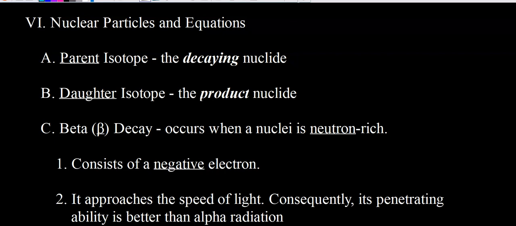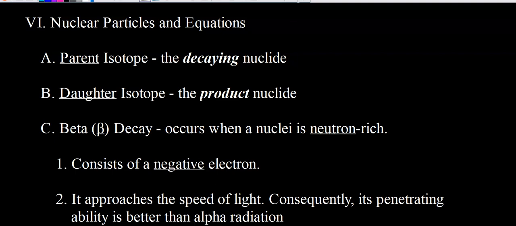Hello, today we're going to talk about nuclear equations. We're going to do so looking at some examples of radioactive decay. Radioactive decay, if you recall, is a spontaneous process that occurs to radioactive substances. So the substance undergoing the decay, what we're starting off with, is known as the parent isotope or parent nuclide. And then what you end up with as a result of the decay process is known as the daughter nuclide